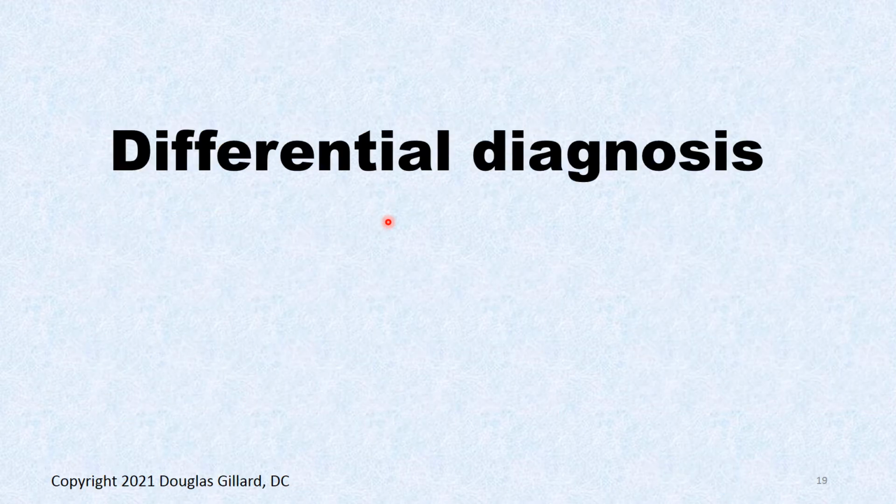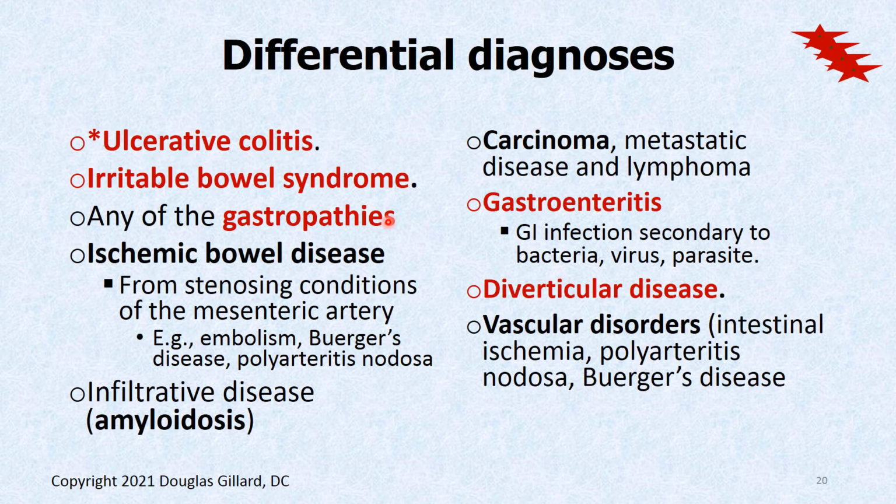How about some differential diagnoses? Well, we know one right off the bat is ulcerative colitis. Can be difficult to tell Crohn's disease from ulcerative colitis. They're both inflammatory bowel diseases. Irritable bowel syndrome is another one. Any of the gastropathies or gastritises that we've talked about,